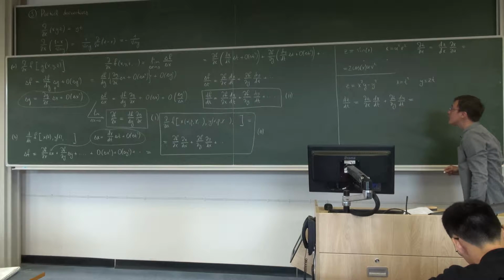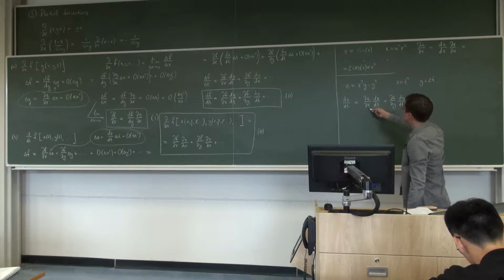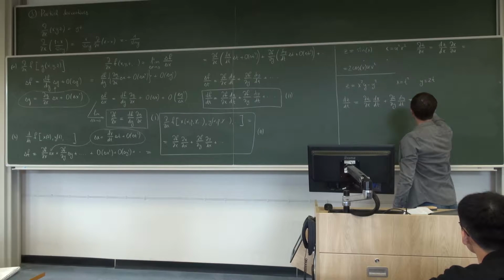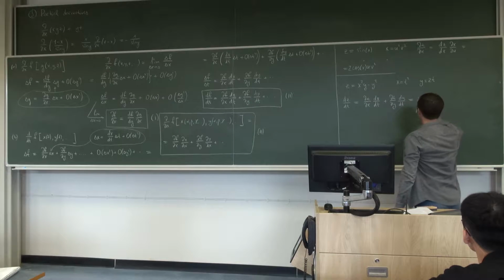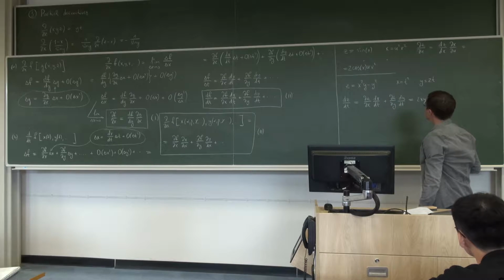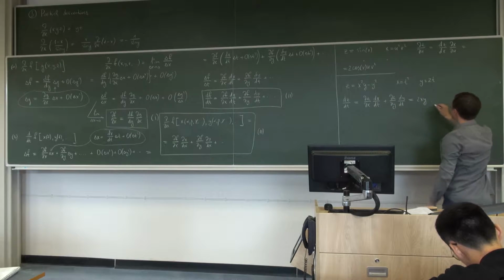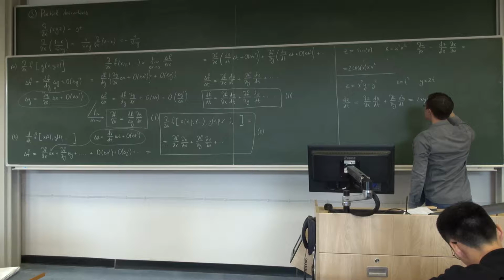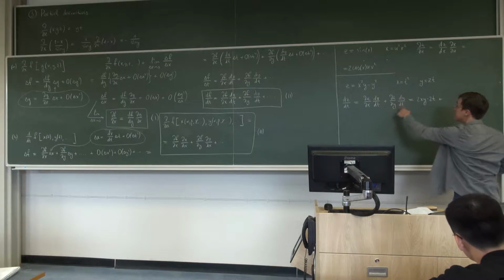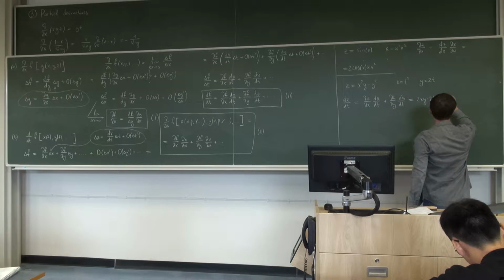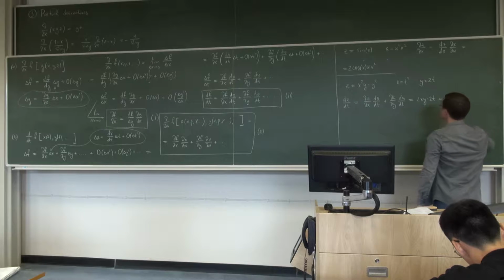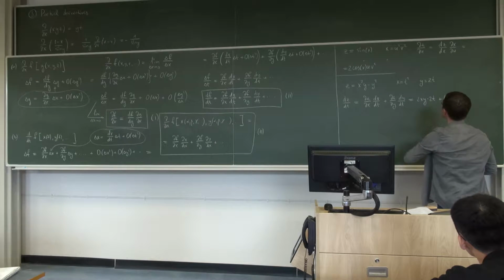Individual derivatives are again trivial. dz by dx is 2xy, then dx by dt is 2t, plus dz by dy, which is x squared minus 2y, times dy by dt,